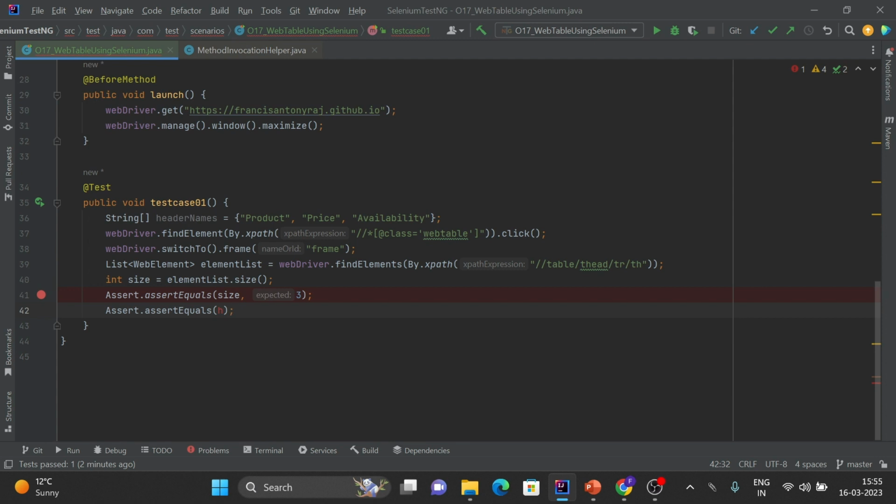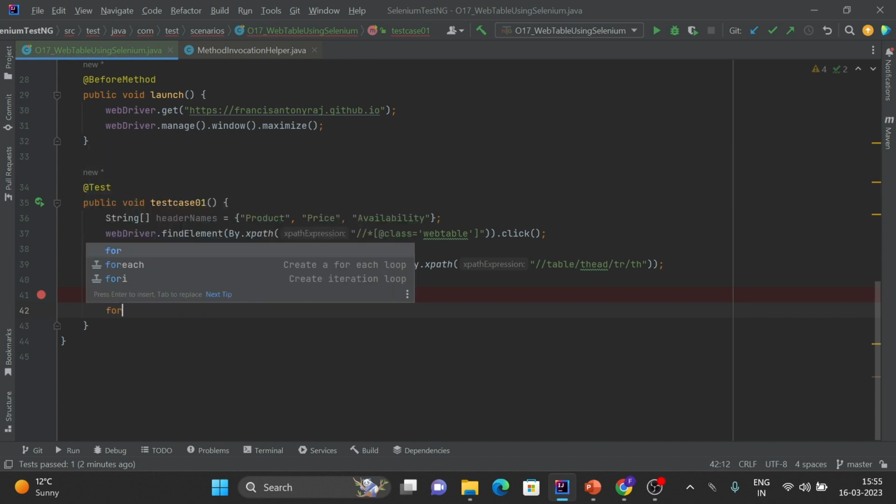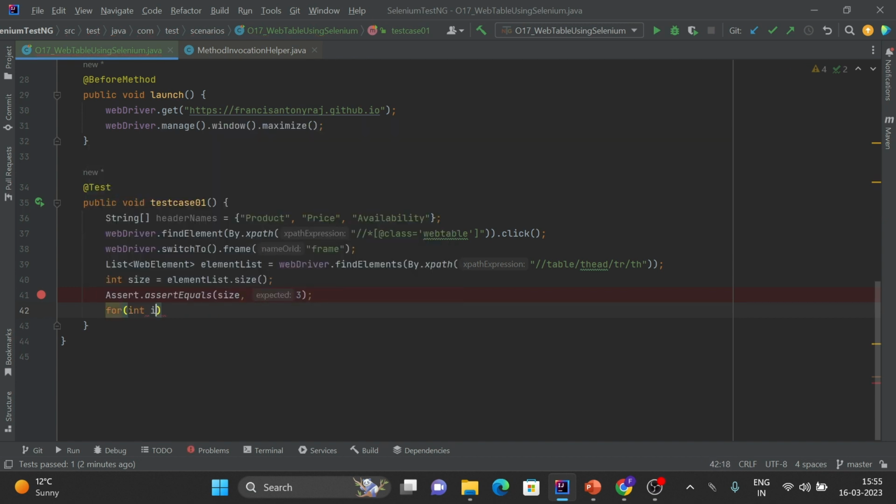Now we need to check the header names are matching. For that we are going for a for loop: int i equal to 0, i less than size, i plus plus,